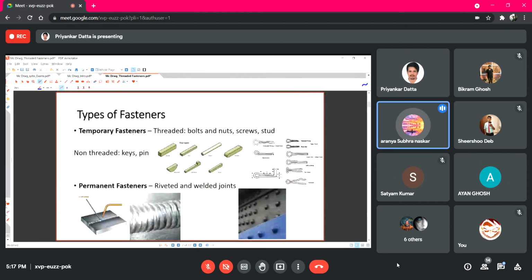Sir, one thing I'd like to ask: we forgot about the dimensioning, because in our engineering drawing classes these things were not taught so precisely, and we have forgotten whatever was taught at that time. About dimensioning, you don't have the recordings with you? Sir, can you send your classes recording? Okay, no problem. I'll check and share it with you.